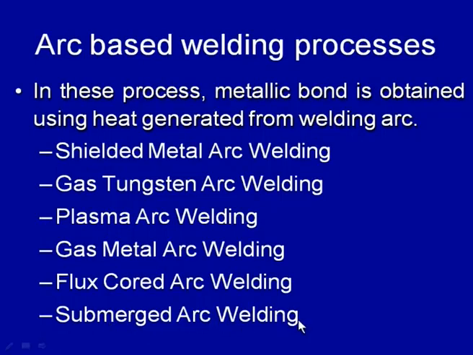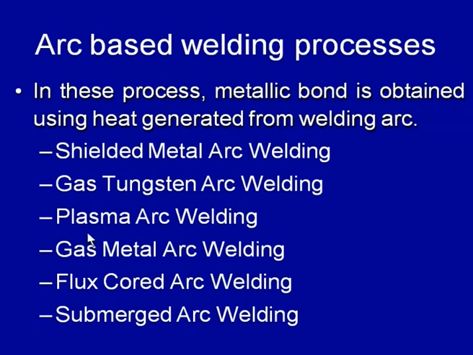During this flux cored arc welding process, the heat of the arc generated between the consumable flux cored electrode and the base material is used for melting both the electrode as well as the base material, so as to produce the weld pool and a weld joint. While in case of submerged arc welding process, the arc is established between the consumable electrode and the base